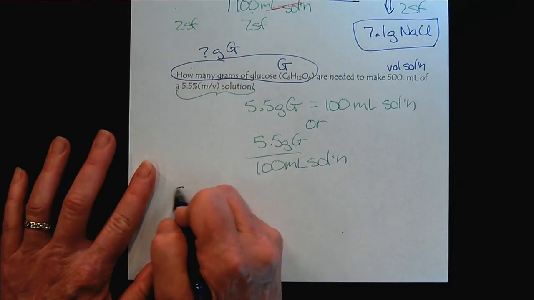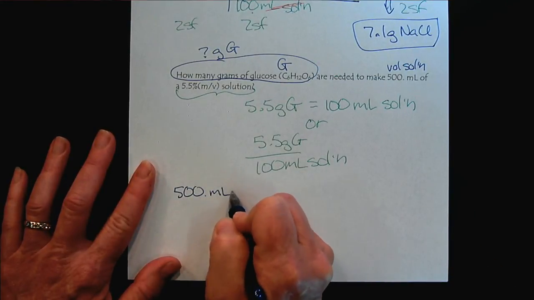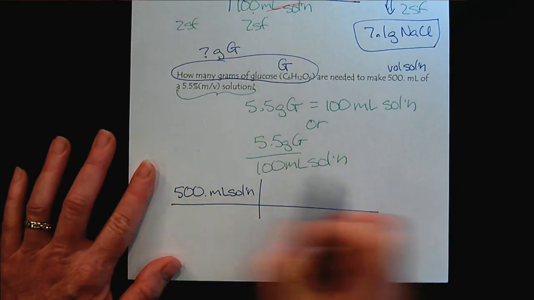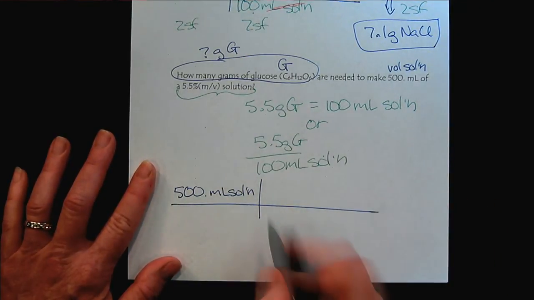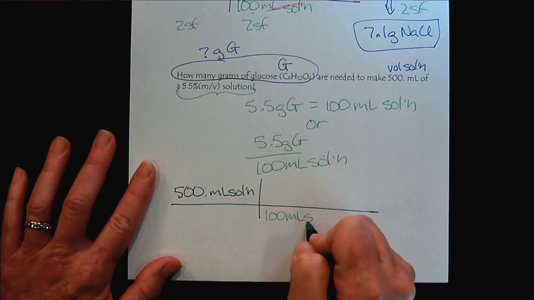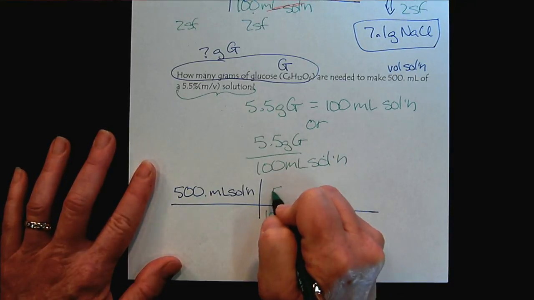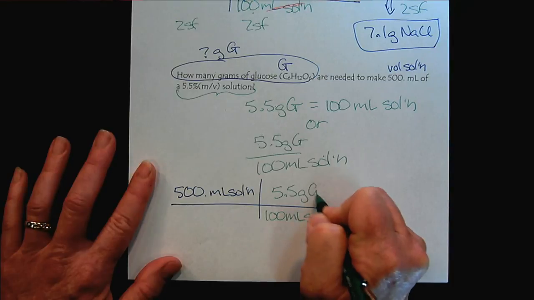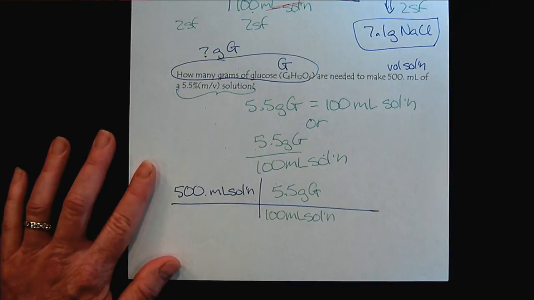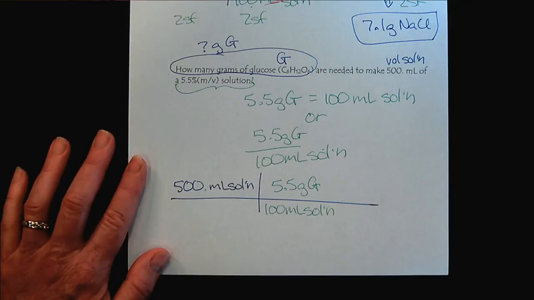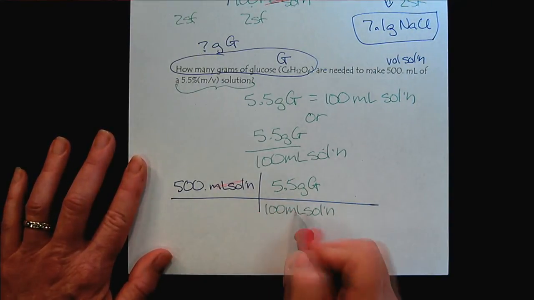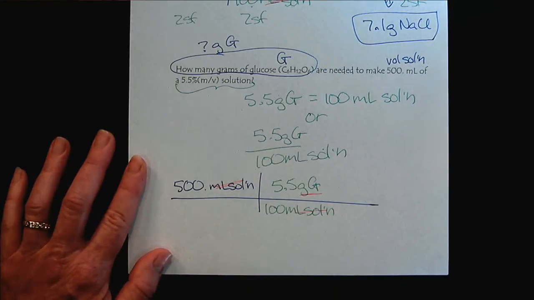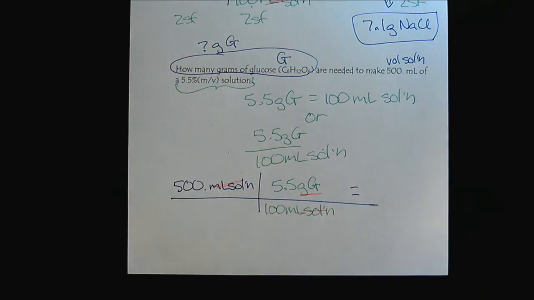We want to prepare 500 milliliters of the solution, and this concentration value is what allows us to convert from the solution to the solute, the glucose that we're interested in administering. And in this case, we're done, right? The milliliters of solution cancel, and we're left with grams of glucose. So the units tell us that we've set the problem up correctly, so now we can take the time to enter the data into our calculator,